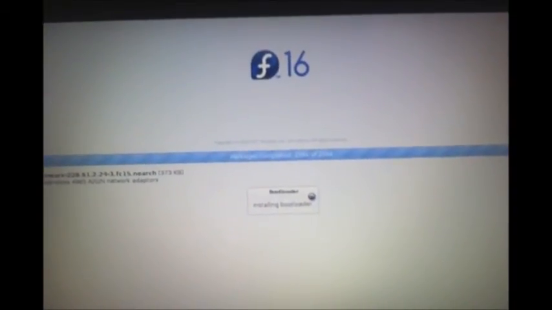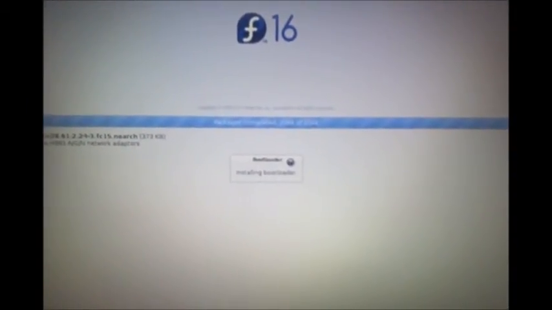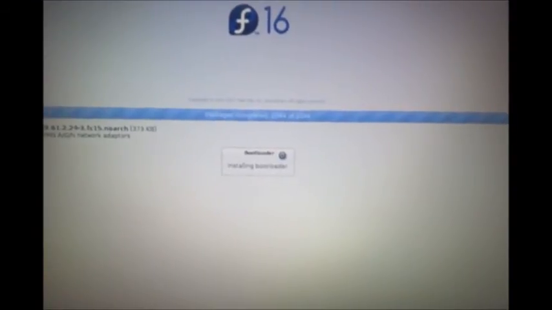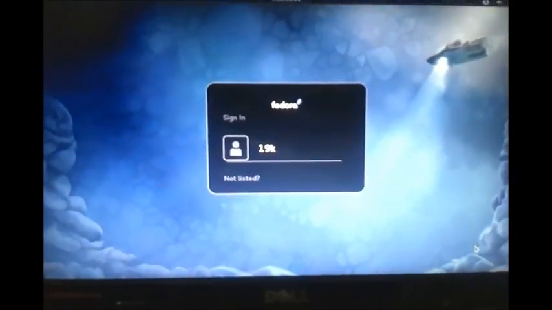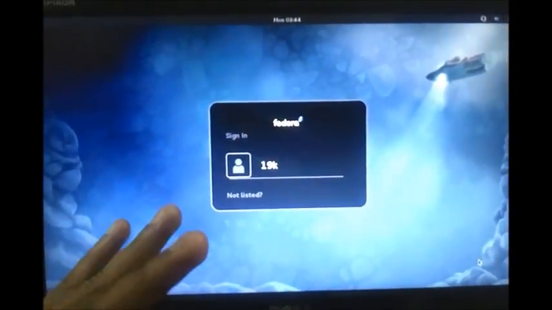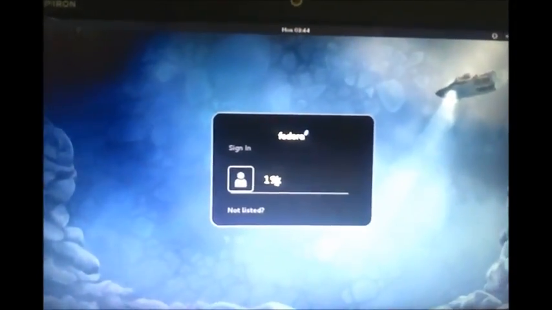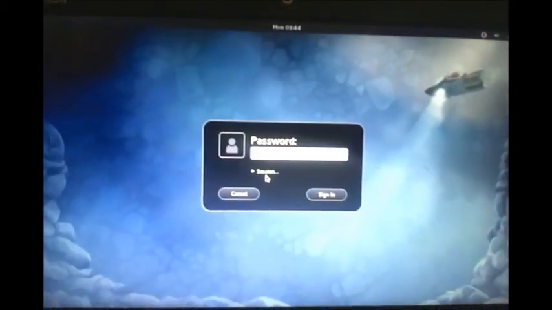Currently, the Linux bootloader will be the main bootloader of the system, and the Windows bootloader will come under the Linux bootloader. So by default the system will boot from Linux and you can switch over to Windows. The system is now showing that the Fedora installation is complete. Reboot the installed system, and the CD has come out. Now you are ready with an installed Linux system and an already created account which you have set by default as administrator. Log into your account and enjoy the Linux system.